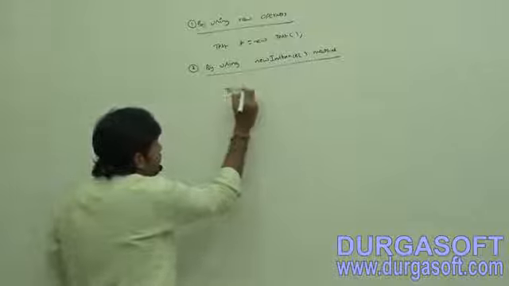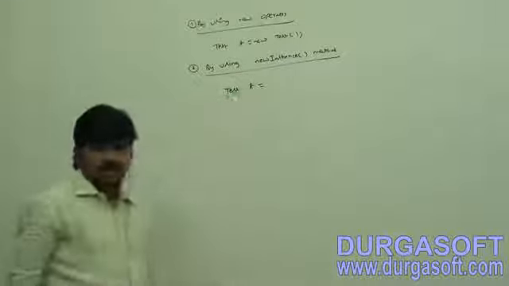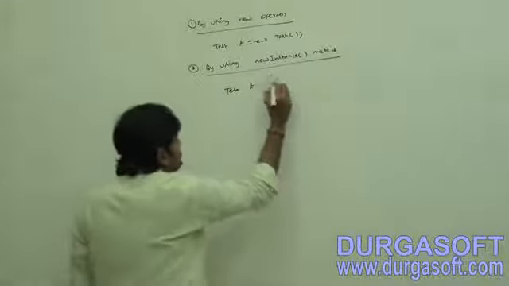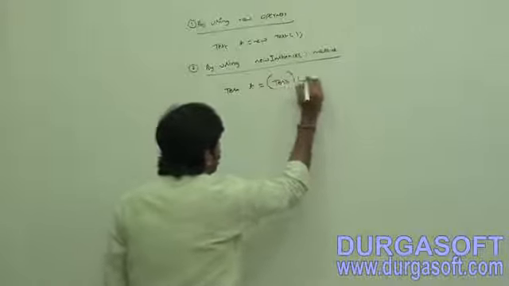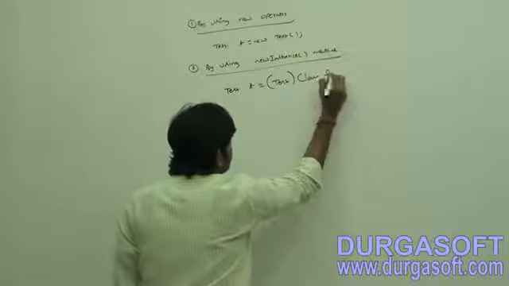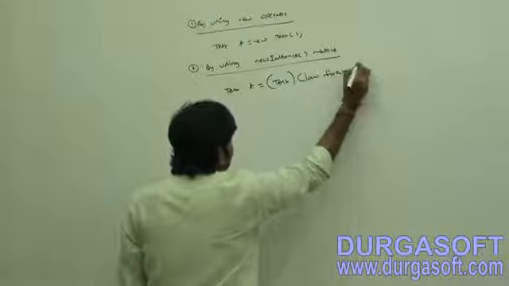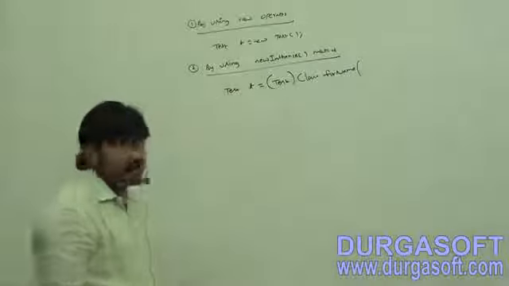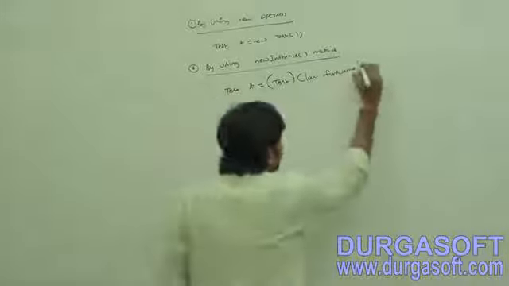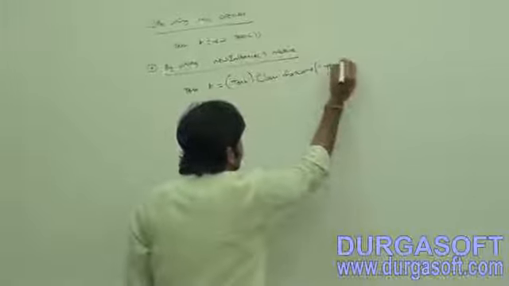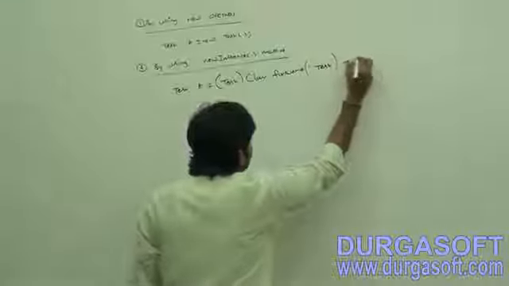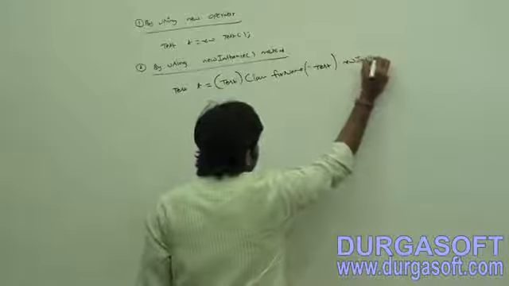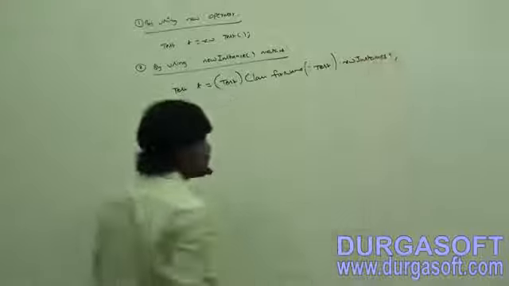Let me complete the line first, and then I will explain. Test t = (Test) Class.forName("Test").newInstance();